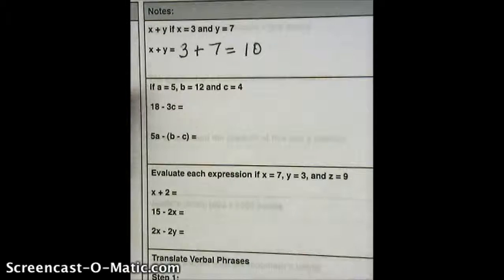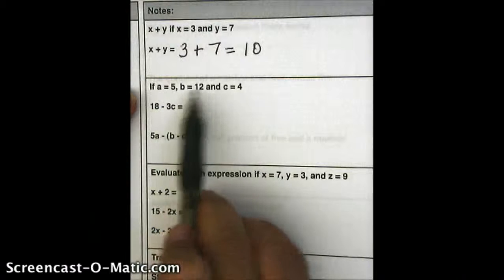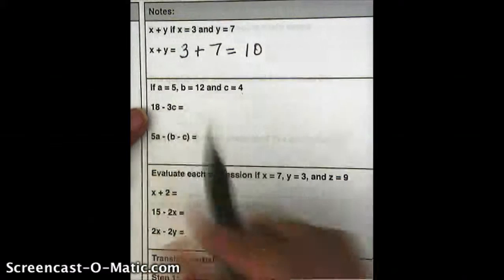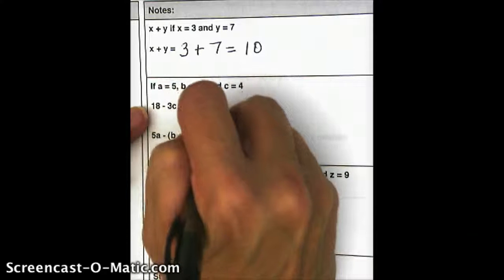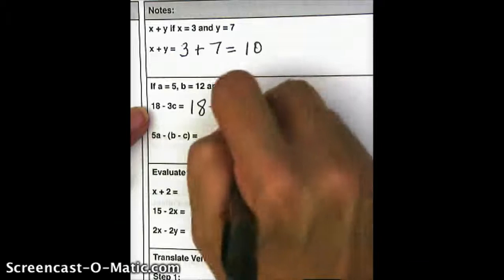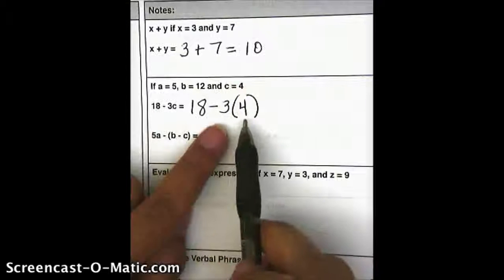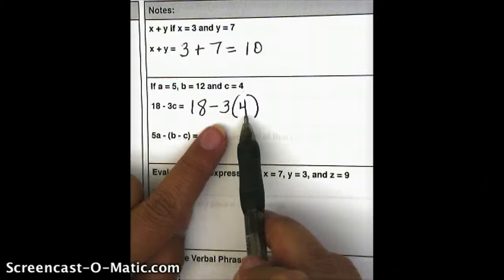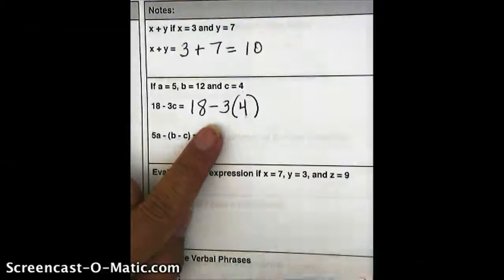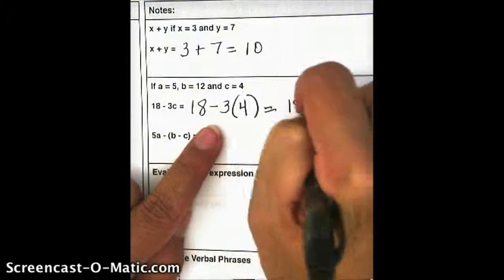In the second example, if a equals 5, b equals 12, and c equals 4, what is 18 minus 3c? Well, once again, we're going to substitute. So we have 18 minus 3 times c, which is 4, and we'll just put it in parentheses out here right next to the 3. We're not going to use the times symbol because if you recall, the variable we most often use is x, and so we don't want to confuse those two. So if you just put them right next to each other like this, that will mean multiplication. So we have 18 minus 12